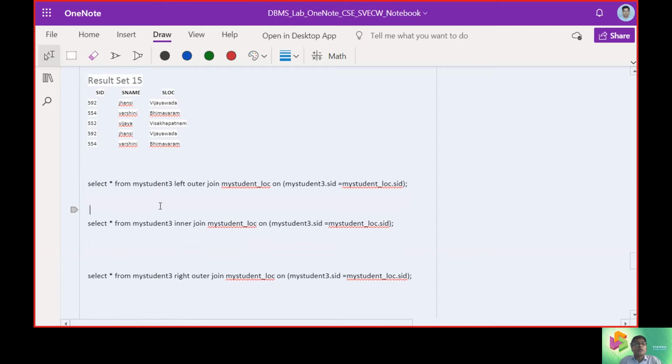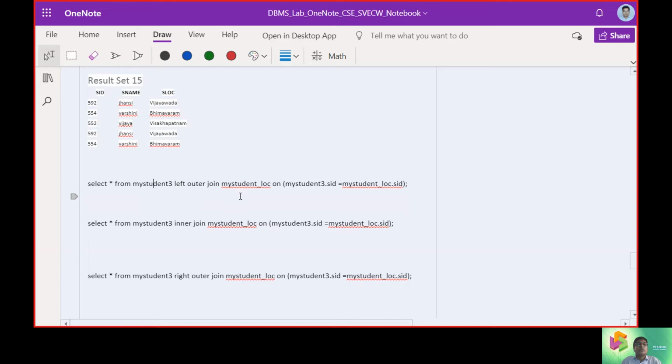Now let us put this operation with the left outer join between my student 3 and my student location.